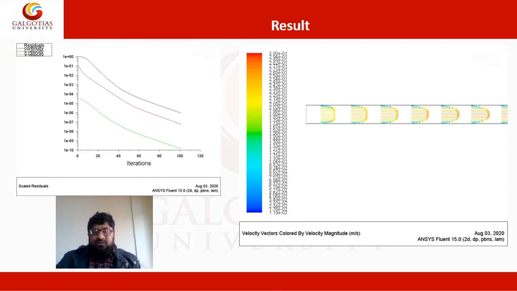Initially the velocity profile at the cross sections near the inlet is not fully parabolic because the fluid flow is yet to develop, and as you move towards the end of the pipe the fluid flow develops, the boundary layer grows, and finally it becomes a fully developed pipe flow if the pipe is sufficiently long.